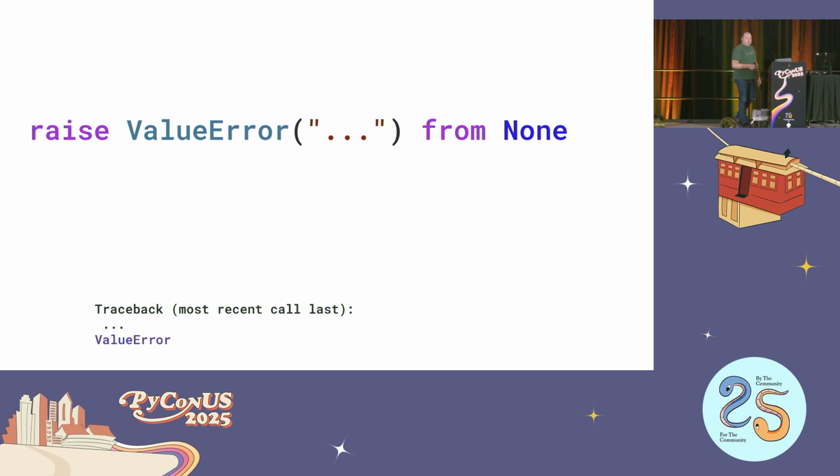This can be really helpful because it helps cut down the volume of tracebacks that people have to look through. And if you can do this accurately, you can avoid people having to read long tracebacks which aren't actually informative about what went wrong. If you overuse it, then you've just hidden information that could have helped someone debug things. So it's a real use with care kind of situation.